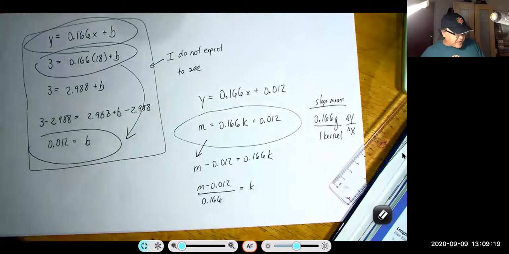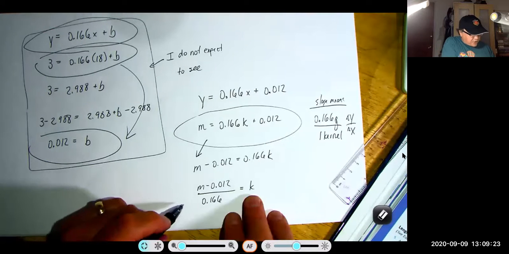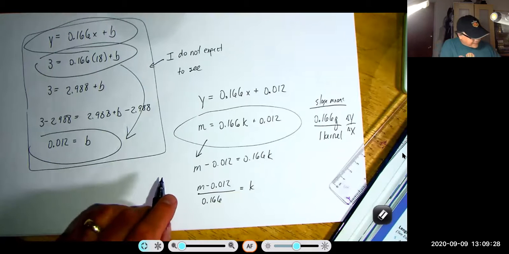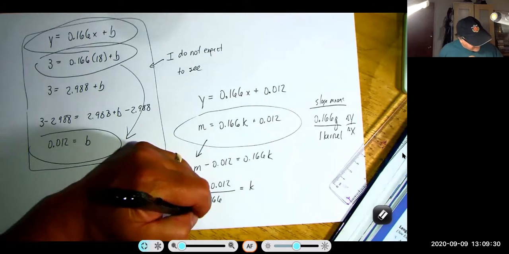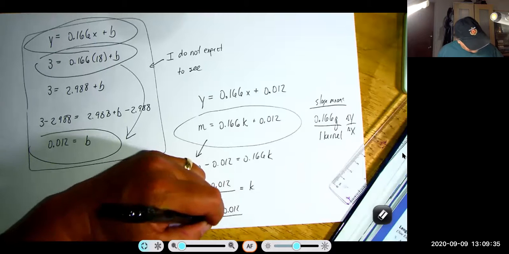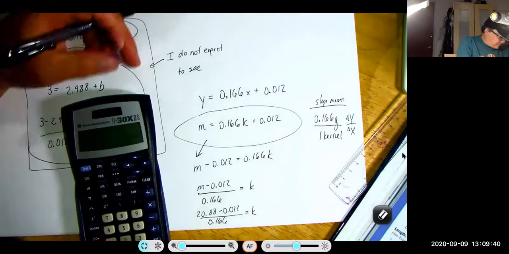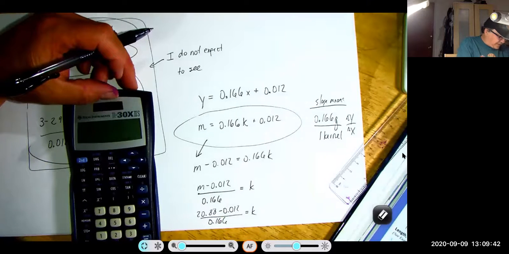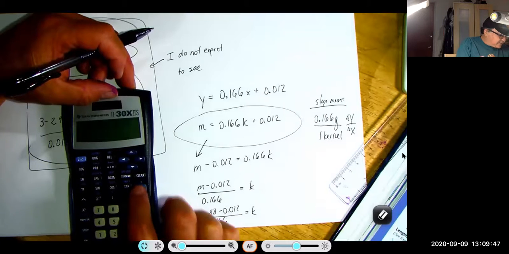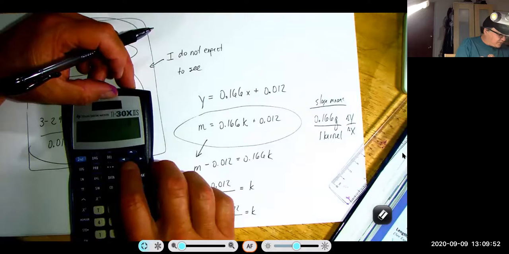And here I divided each side by 0.166 K. And so here, if I want to figure out how many kernels for a mass of 20.88 grams, I simply plug in 20.88 grams here. And that'll give me the number of kernels. So 20.88 minus 0.012 divided by, oops, I got to go back, equals